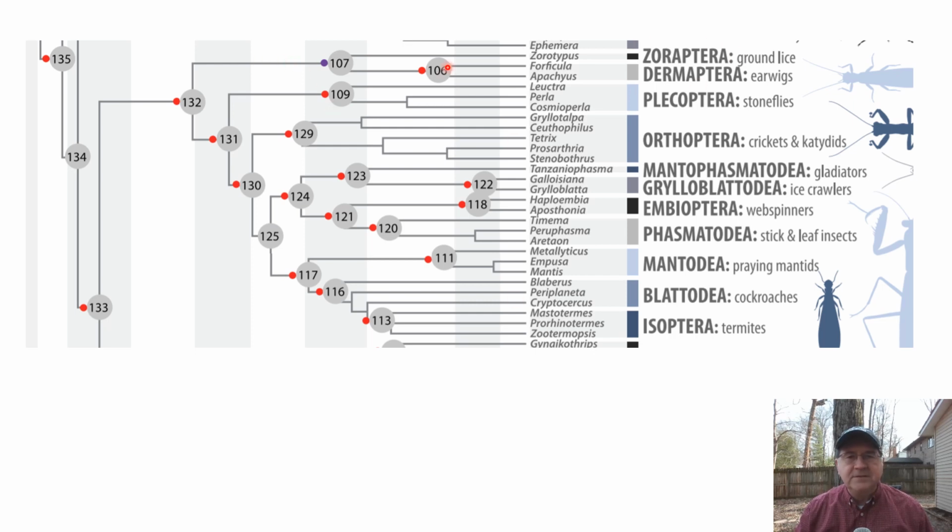Looking at first this group here, which includes the Zoraptera and Dermaptera. Then take a look at the Plecoptera, which is the next branch up, and then we're going to jump over and talk about the major group within the Polyneoptera, the Orthoptera, major in terms of diversity in species numbers, and then this clade here, which includes the Mantophasmatodea, Grylloblattodea, I'm calling them Embiodea, and the Phasmatodea, and then the final clade with the mantids and the Blattodea coming off. So let's dive right in